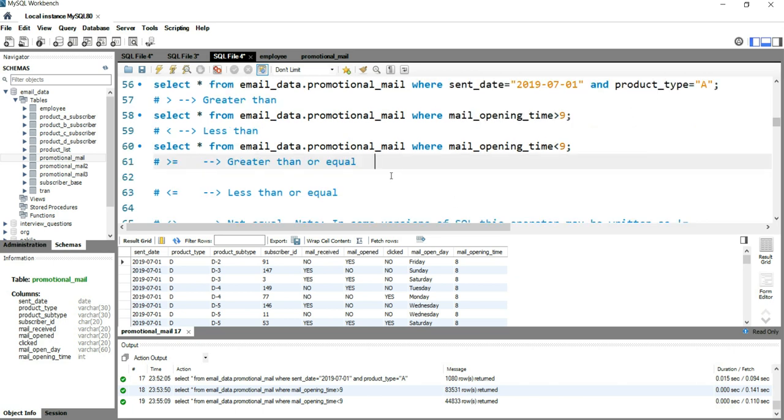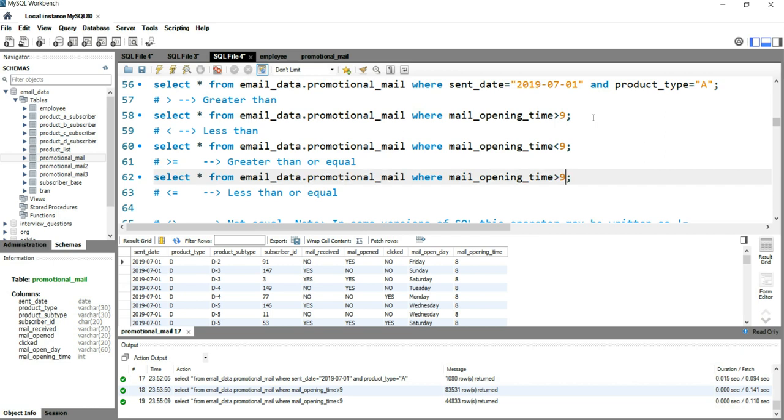Now currently you will see that 9, which we have used here, is not getting captured even when we have used greater than or less than, right? In case you want to include the value where you are putting the condition, for example if you want all those records which have mail opening time greater than or equal to 9, then we will use this sign, greater than equal to.